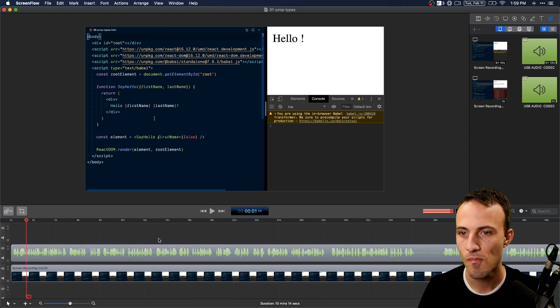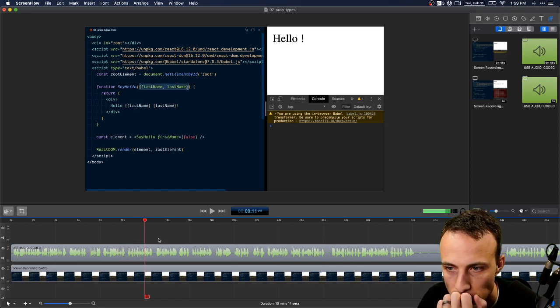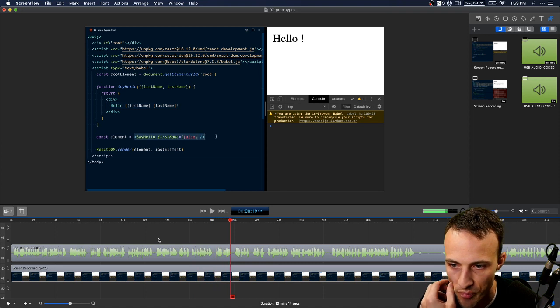When you start creating custom function components, you're going to have people using those function components, and they may not use it quite right. For example, here we have the say hello that's accepting a props object. We're destructuring it right here, and we're getting a first name and a last name prop and expecting to be able to render those out. But the way that it's being used is we have that first name prop being assigned